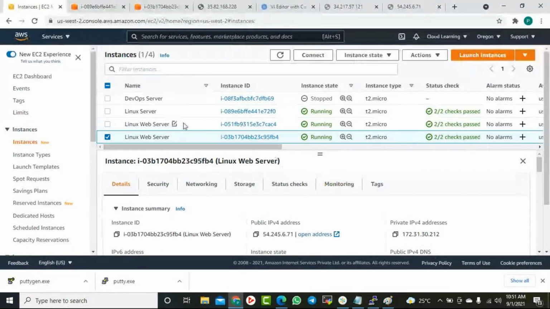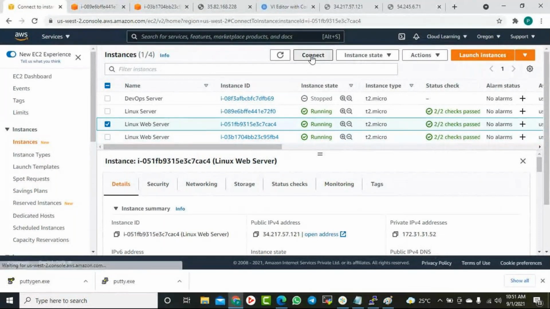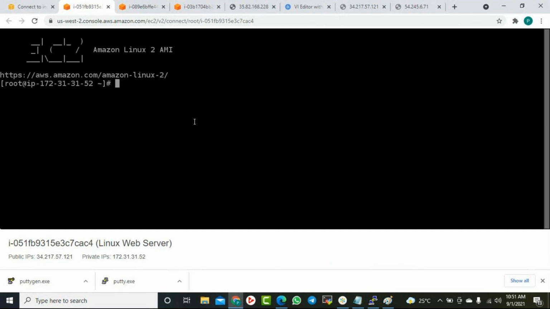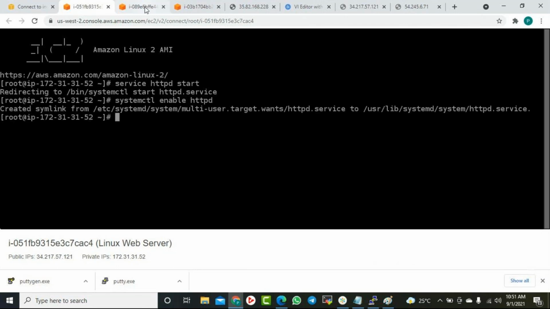So let's connect to this one and start this service, service httpd start. We also need to run this command here as well. Otherwise, when this server restarts, the same thing happens. So systemctl enable httpd, the same command I ran here.